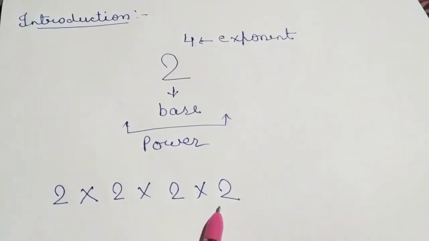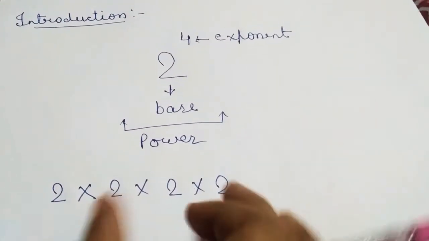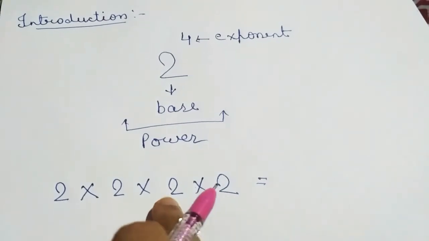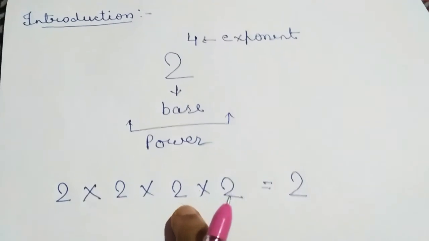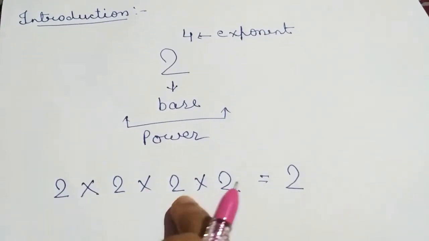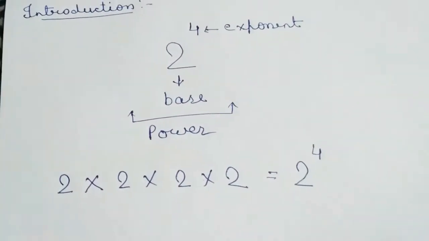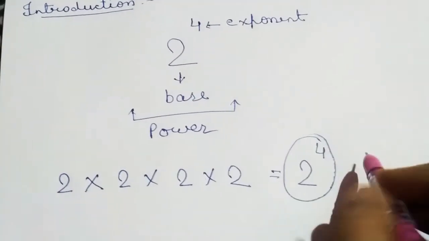ये जो है वो expanded form है. When you want to shorten it, then you have to write which number is repeating here. Of course 2. कौन सा number यहाँ repeat हो रहा है? 2 repeat हो रहा है. So 2. And how many times is it repeating? कितनी बार ये repeat हो रहा है? Then 4. So 4 as an exponent. And this formation is known as